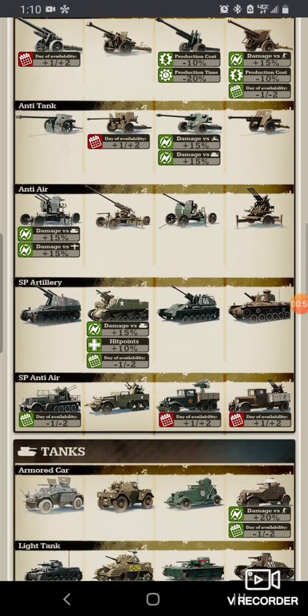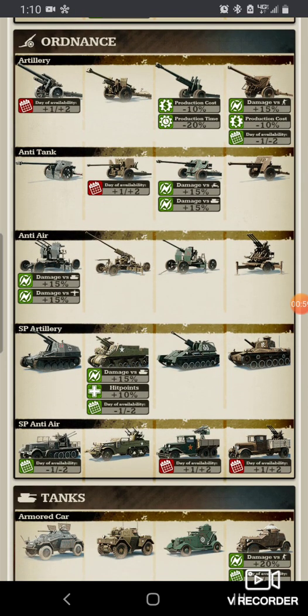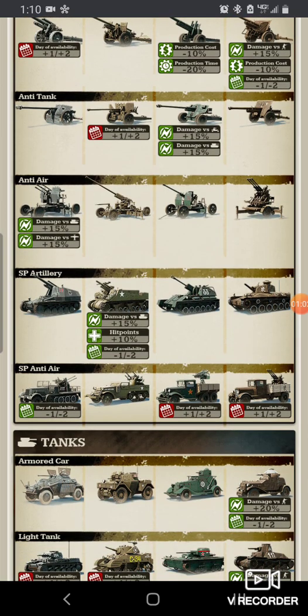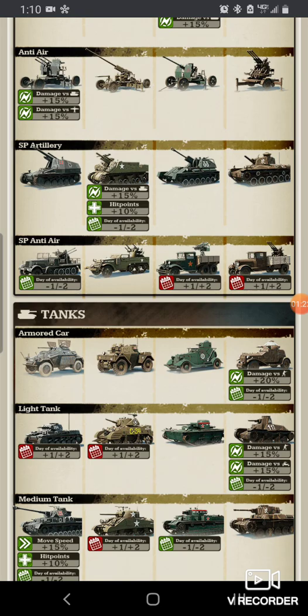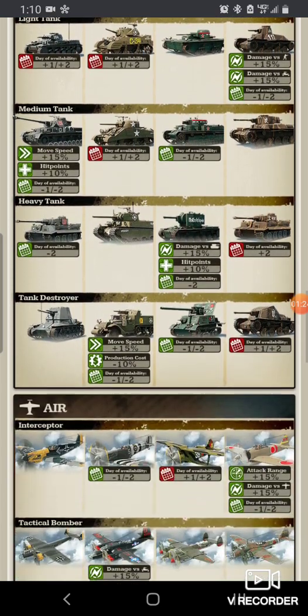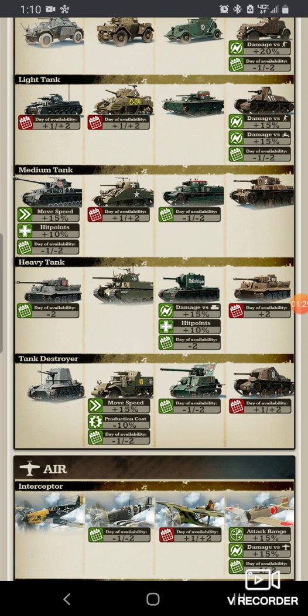And then you move on to your ordnance, and you get anti-air, 50% more damage against tanks. And believe it or not, anti-air does do damage against heavy armor. So that's what that's saying, 15% more against heavy armor and 15% more against planes. You always want to be running anti-air no matter what. So then you get early SP anti-air. Definitely got to be running those, or at least one or the other. And then here's the big kahuna,